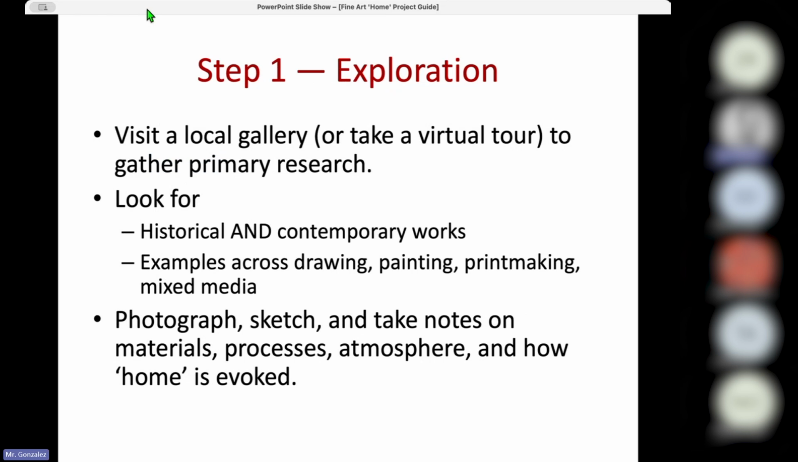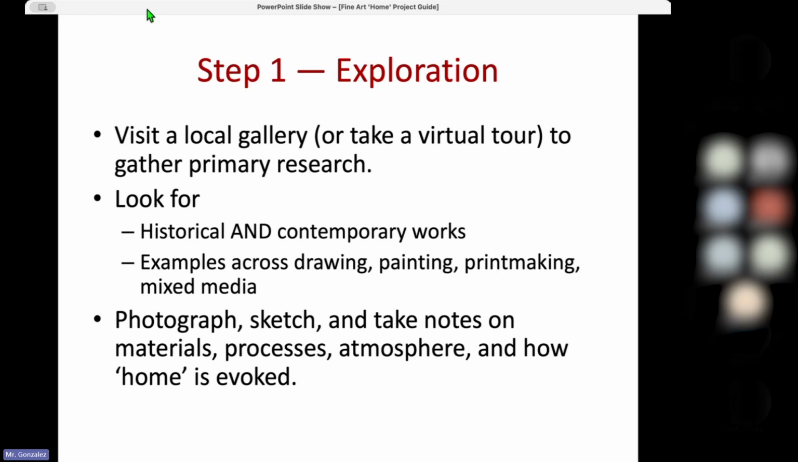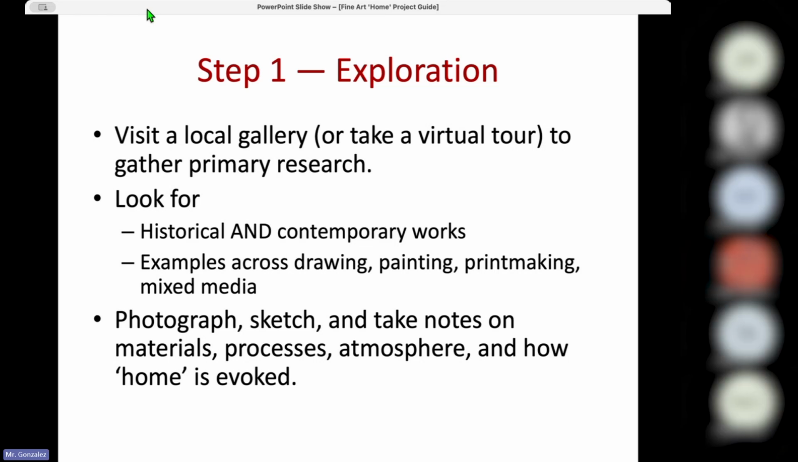Step 1, the exploration. Initially, you need to visit a local gallery, or if it's not possible, take a virtual tour to gather primary research. And you need to look for historical and contemporary works. We have lots of examples online as well, because home is not only a physical